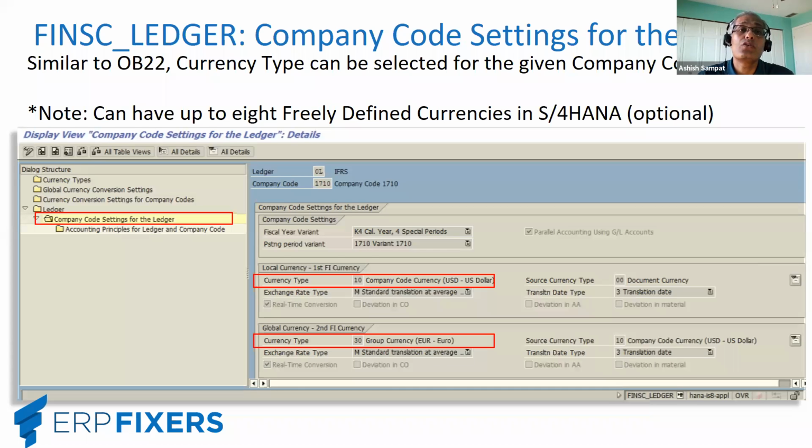Now the question is, do you really want to use those 8 freely defined currencies? Possibly. Is it something that you had in your earlier system? No. And that's where the question comes up: do I need those additional currency types? Is this something that has value? For greenfield, we can do a lot of things, but for migration programs, we have to think through the design